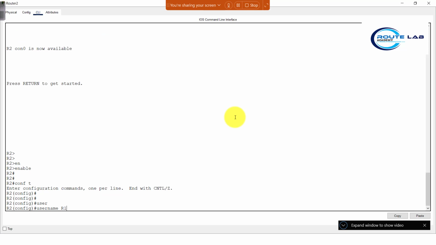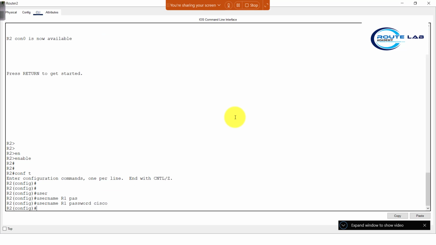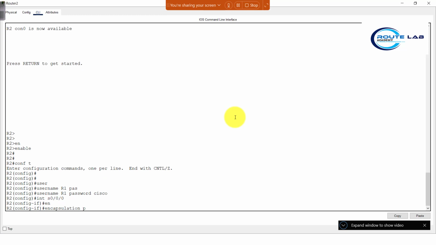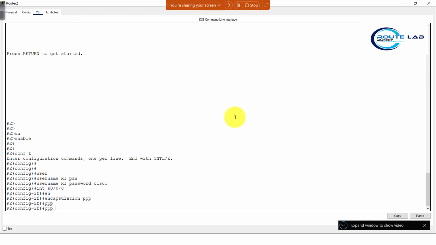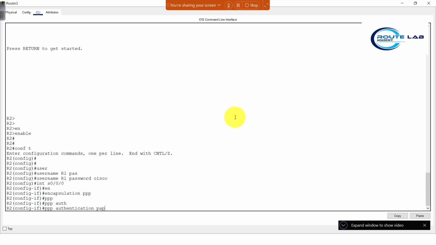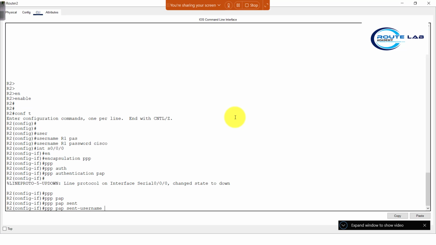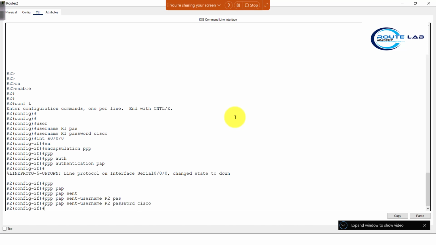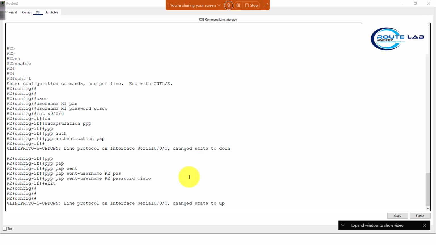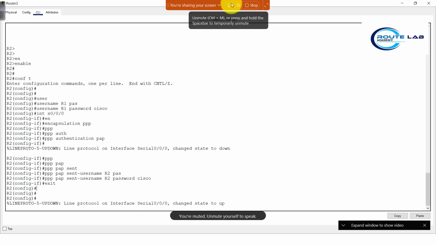username R1, password Cisco, interface serial 0/0/0, encapsulation PPP, authentication PAP, and PPP PAP sent username R2 and password here Cisco. Done. So now here my interface status has changed to